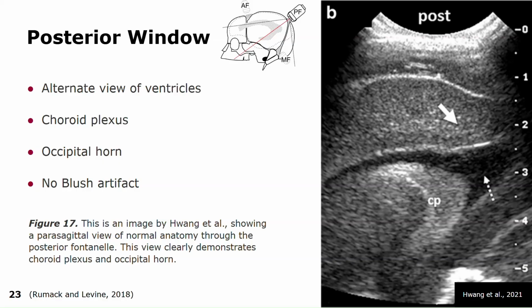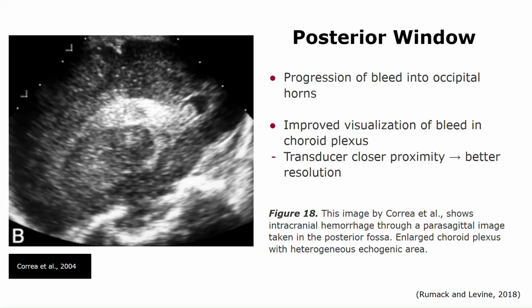Sonographers must rule out potential hemorrhages when looking at an echogenic area. We can see if this artifact is eliminated in the posterior window, as we are now sending sound waves in at a parallel angle, and therefore ruling out hemorrhage. The posterior fontanelle will demonstrate the progression of bleeds into the occipital horns. Since our transducers are closer to the choroid plexus, we can see details of heterogeneity of the bleeds in the